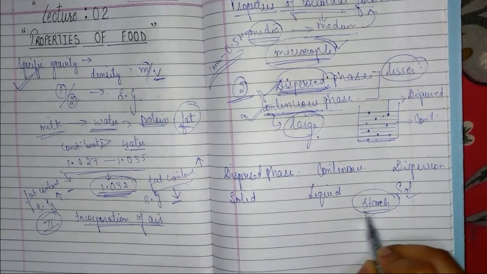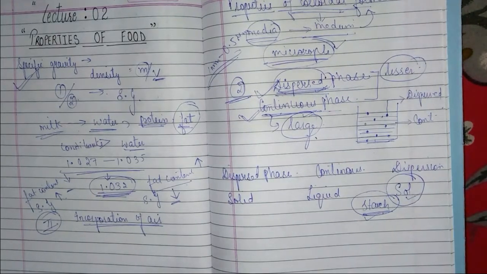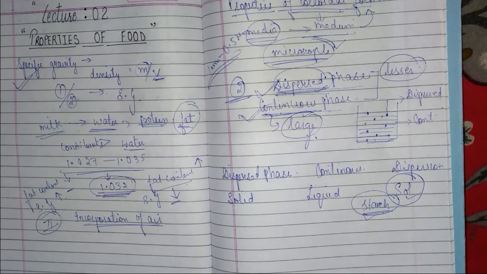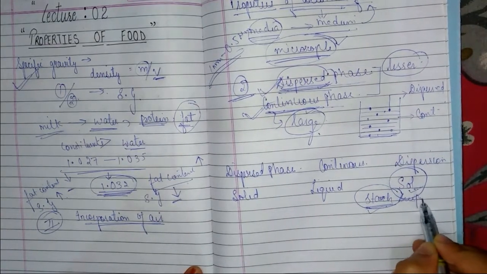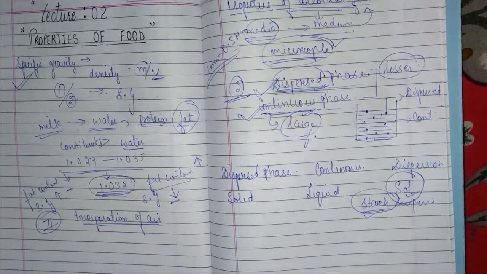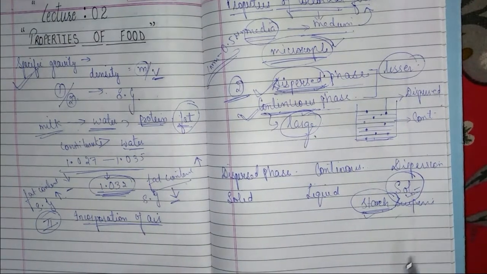So why is starch being added? So that it can form sol. When you add water, the way we made the soup, we take a large amount of water and mix the soup powder in it, and then it forms a thick slurry-type texture. That is known as sol, and it is an example of starch suspension. Starch is mixed with water, so it forms a very thick viscous solution, and that is known as sol. So I have given the example of sol.